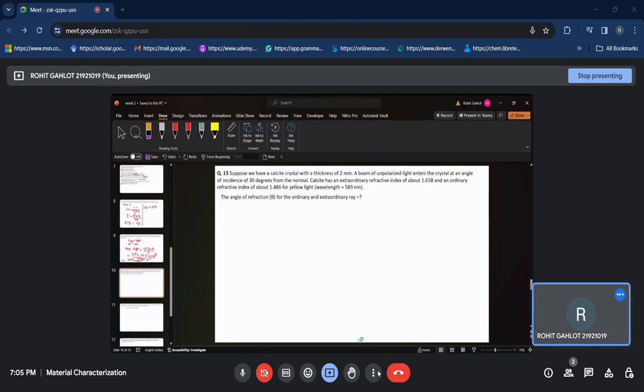The next problem is that suppose we have a calcite crystal with a thickness of 2 mm. A beam of unpolarized light enters the crystal at an angle of incidence of 30 degree from the normal. Calcite has an extraordinary refractive index of about 1.658 and an ordinary refractive index of about 1.486 for the yellow light. The angle of refraction theta for the ordinary and extraordinary ray will be. So we know that one of them will be following Snell's law while the other won't be following Snell's law. So for the ordinary one, we can write n1 sine theta 1